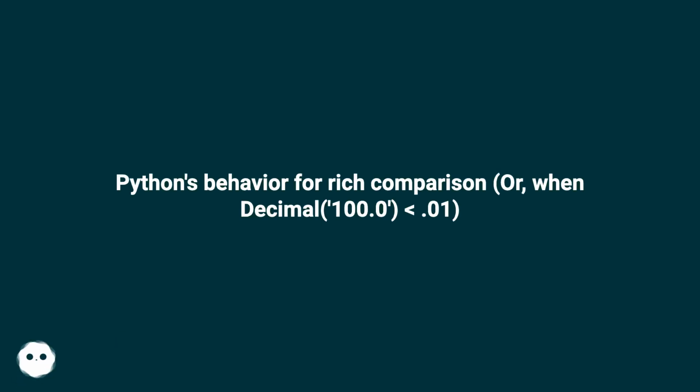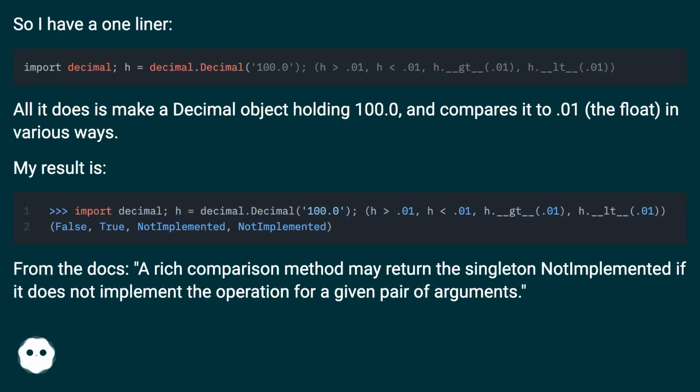Python's behavior for rich comparison, or when decimal 100.0 is lower than 0.01. So I have a one-liner. All it does is make a decimal object holding 100.0 and compares it to 0.01, the float, in various ways. My result is: